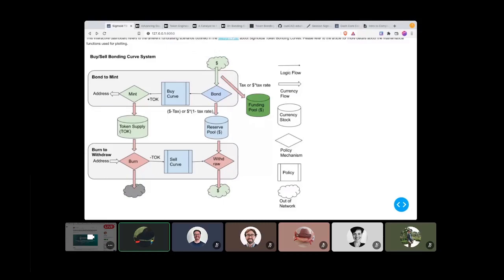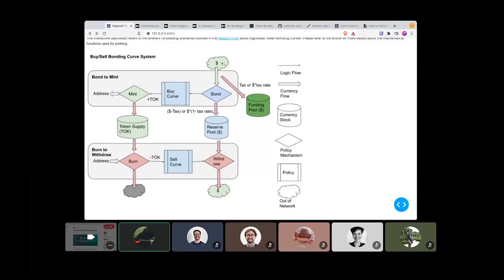Essentially it goes into, if you're doing research, one of the examples they give is on like drug discovery or something like that. So this would fund the drug discovery research. What remains after the tax, and how much that is determined by a parameter that decides either an amount of tax or the rate of tax against what's coming in. So what remains can be deposited into the reserve, and then tokens can be minted against that, returned to the purchaser in that case.